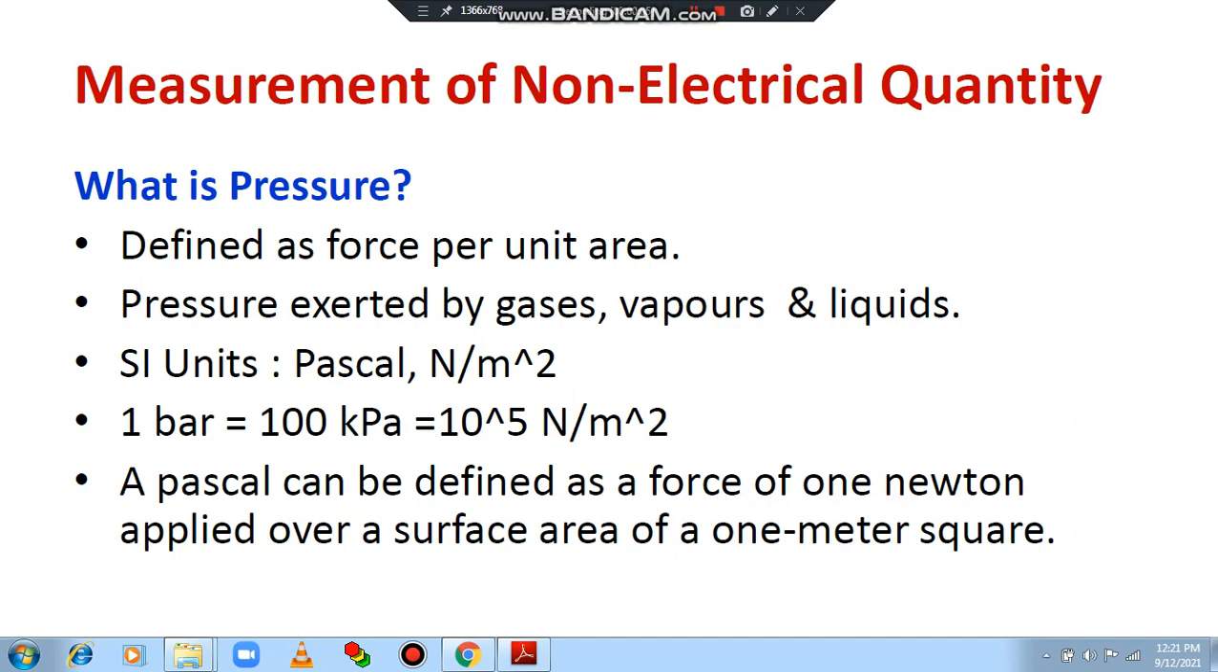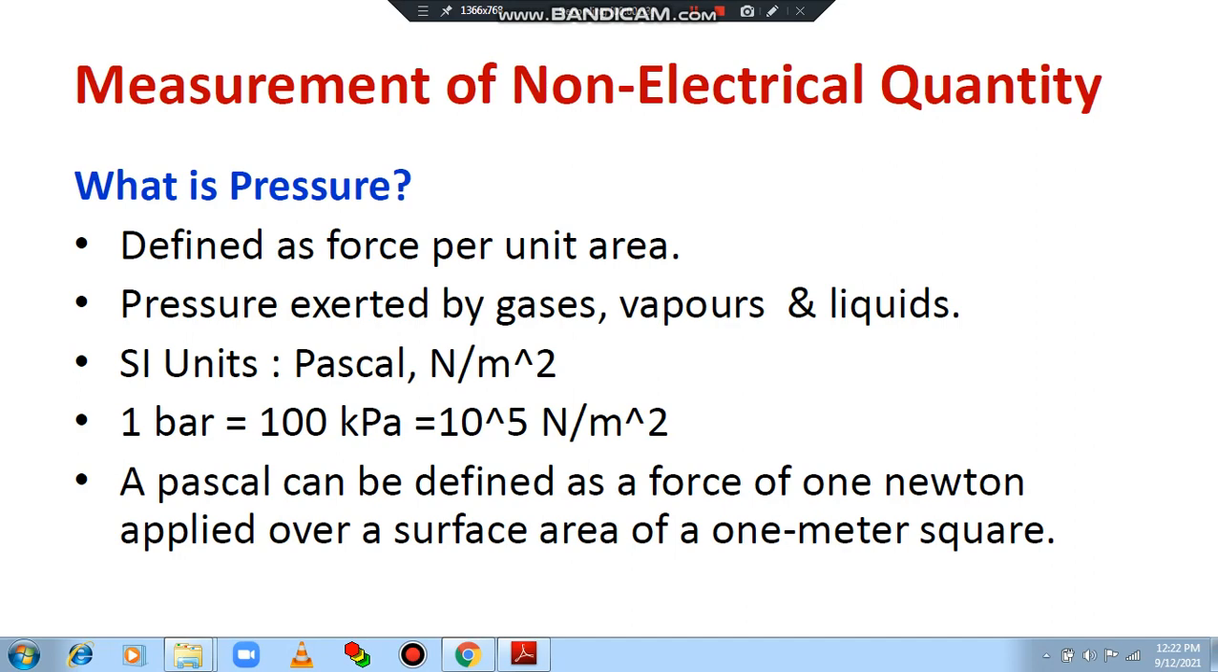In this session, I'll be discussing the measurement of non-electrical quantities by using various transducers. First, let us understand how to measure pressure. Since pressure is a non-electrical quantity, what are the different tools or transducers which will help us to measure pressure? Before moving on to the pressure measurement, first let's understand